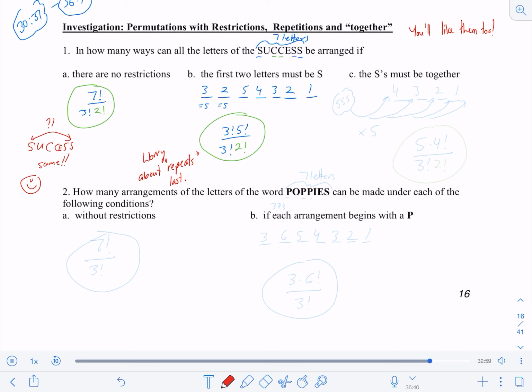Now, the S's have to be together. So here's what I'm going to do. I'm going to do like we did before. I'm going to put that package of S's all together like this. Okay? And then that leaves us 4 other places. So 4, 3, 2, 1. And then I can put that package of S's anywhere